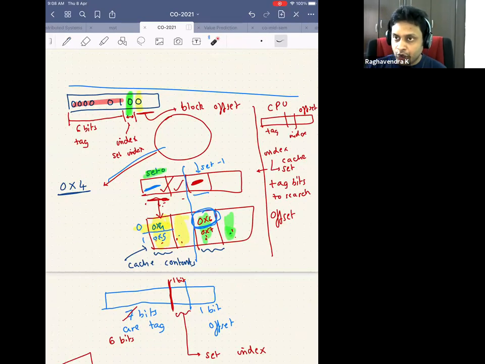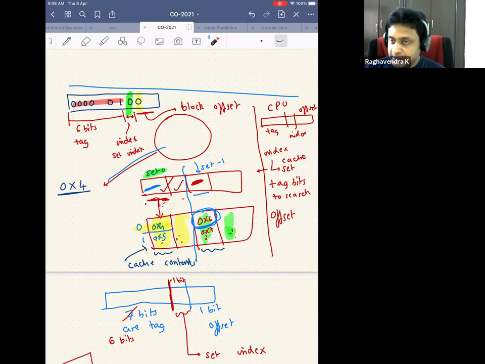Now I will only talk in terms of blocks. This is also referred to as cache lines in literature. I will only talk about cache blocks from now on, not byte-wise, but each cache block, you should remember, is made up of bytes. The CPU will still generate a request for a particular byte. It might say this byte and maybe 4 bytes from that particular byte. It will not generate an address for a bit. If it has to do bit manipulation, it will happen at the ALU level.